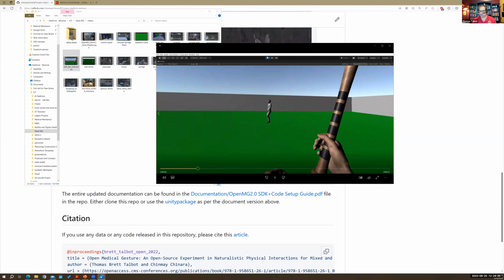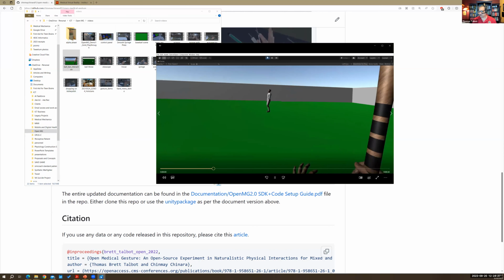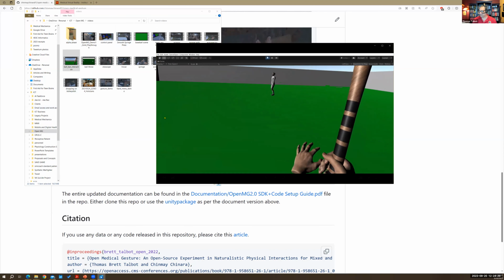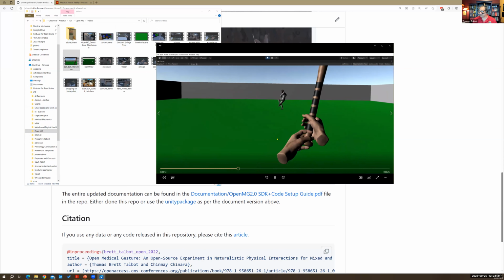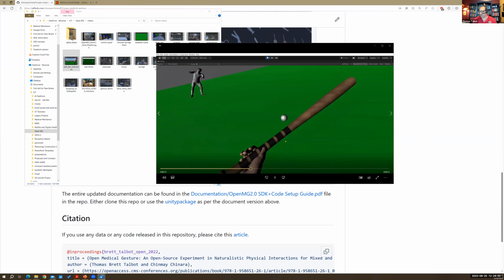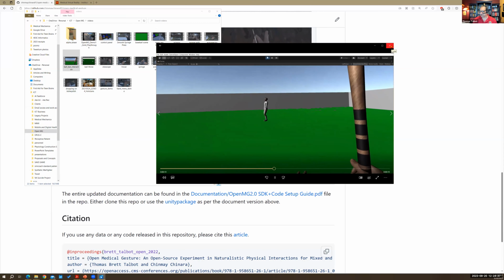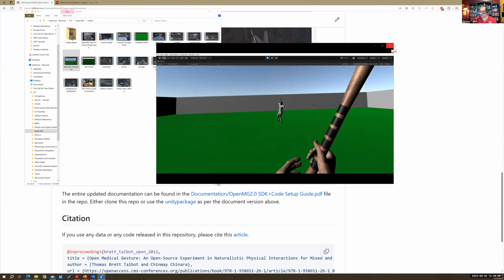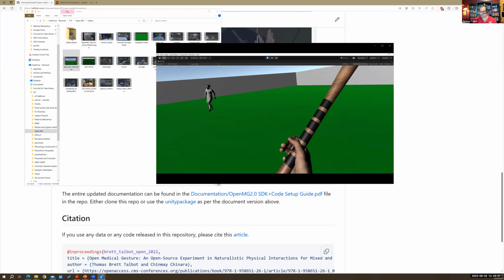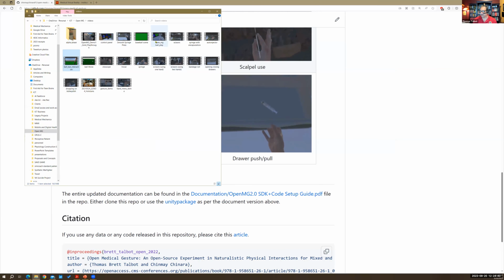So we tried using a bat with a real bat in the real world. It worked. Actually, he's not holding the bat very well, is he? It worked okay, and that was integrating an object detection algorithm. It was a little clumsy, and we didn't have an all open source solution, so we didn't include it in the toolkit. But here is a ball throw